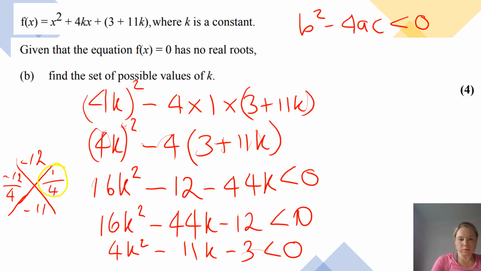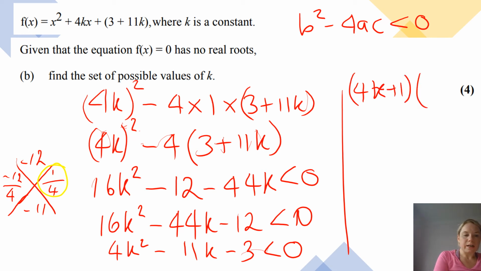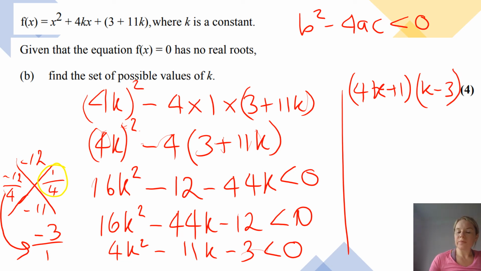I'm just going to draw it down here. So it'll be 4k plus 1 will be one of my brackets, and then this one, running out of space, sorry, I'll be reducing it down because obviously 12 goes into 4, so you can just do minus 3 over 1, and you end up with k minus 3. We've got k rather than x's. Now what this does now give you, and it's less than 0,